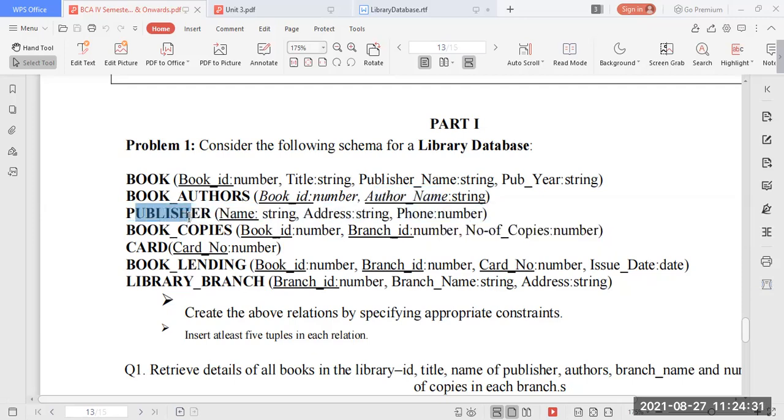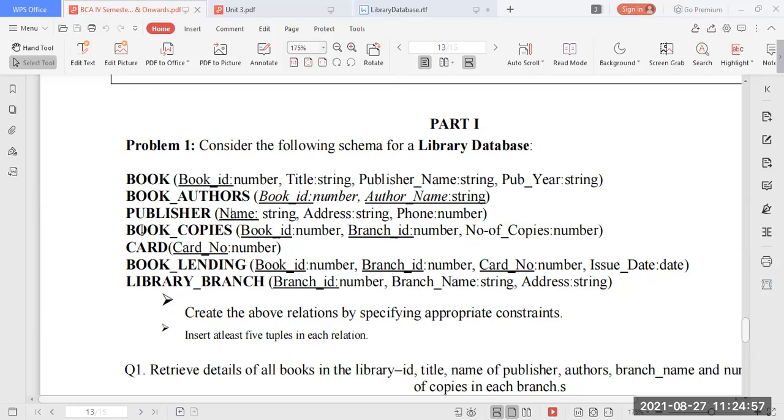Okay. And then the publisher table, yeah. For the first time, you have to do the first table creation for the publisher table here. The publisher name is underlined, which specifies that it is a primary key, where it will be referred to in the book table by saying references to the publisher table. Publisher name is going to be the primary key for the publisher table. Address is there here and phone number here.